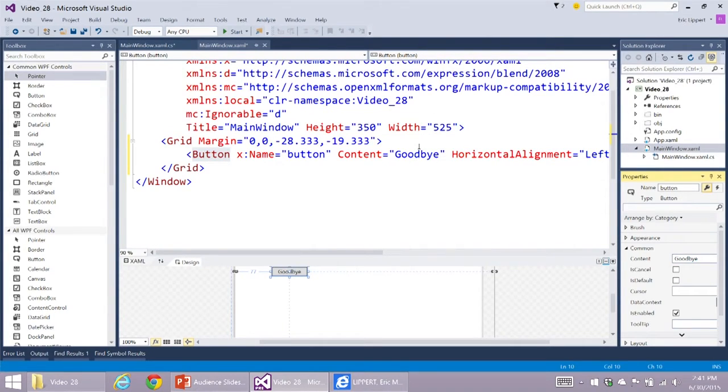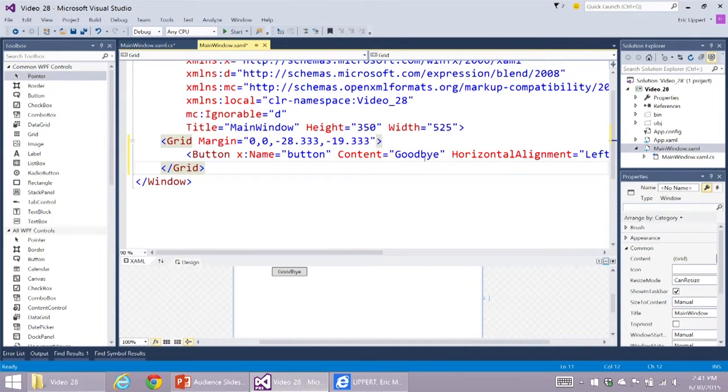Right? And you'll notice that all of these views are kept consistent. So now this XML file says that the content is goodbye. The designer says that the content is goodbye. And the properties dialog says that the content is goodbye. So a couple of times I've used the word XAML